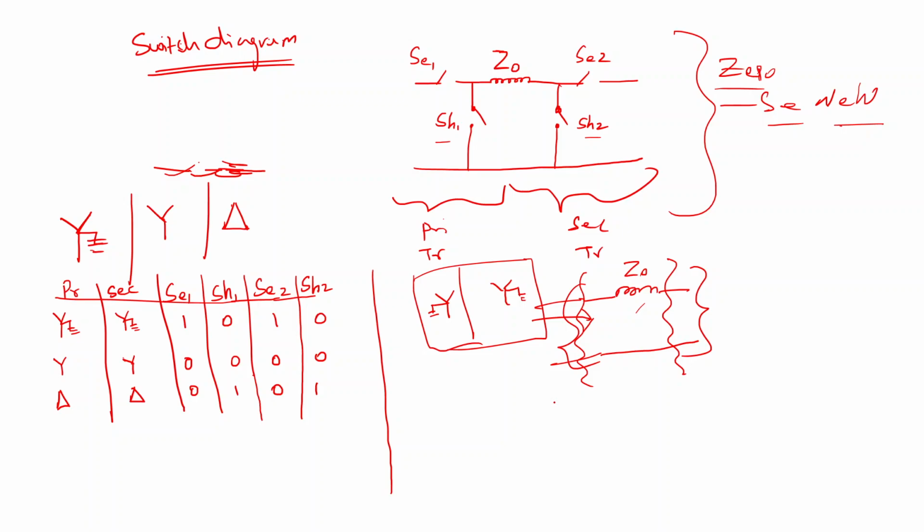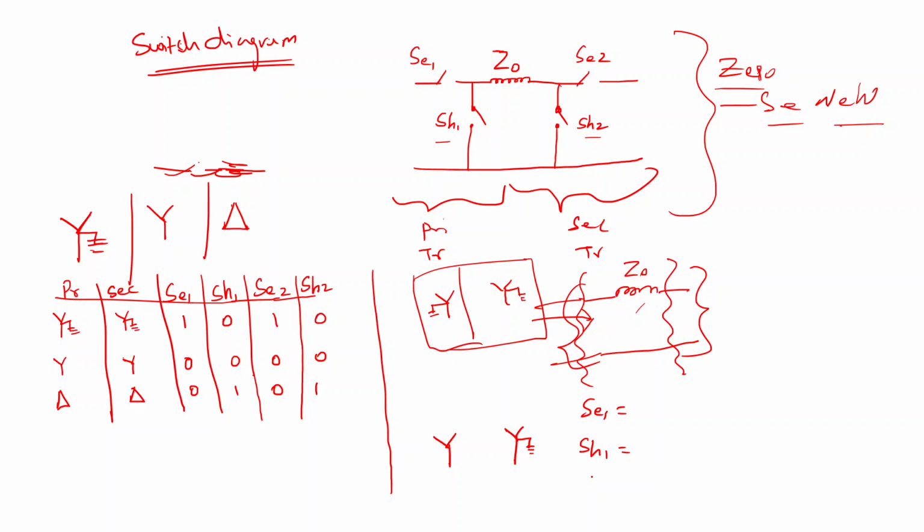I will tell one more combination. You are going to draw the network, or you are going to guide me to draw the network. Say, for example, on the primary side I am having one star without connecting to the ground, and on the other side I have connected to the ground. So in this case, how many networks will be there? Tell me, one or zero. So last case, SE1, SH1, SE2, SH2 are equal to